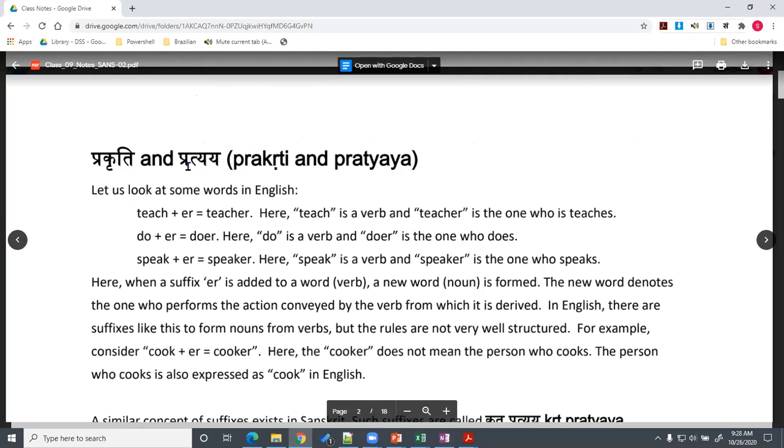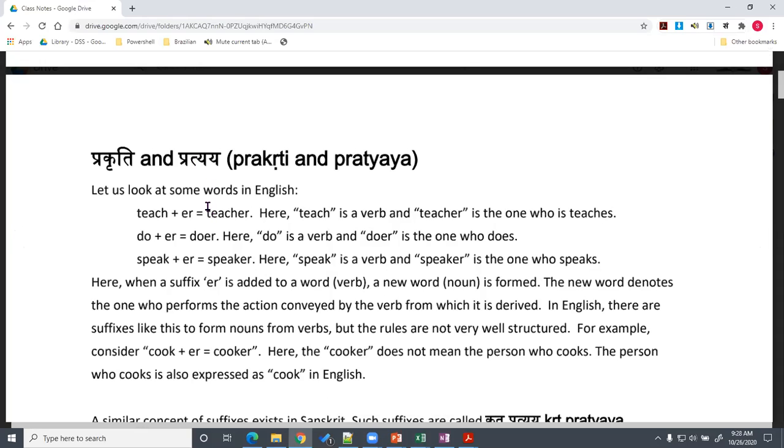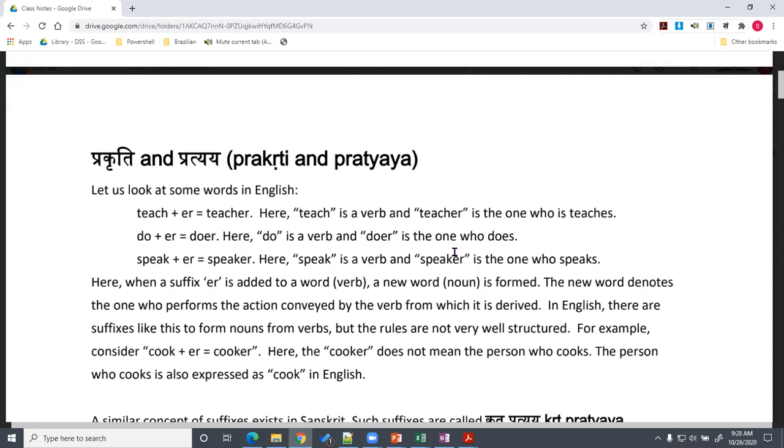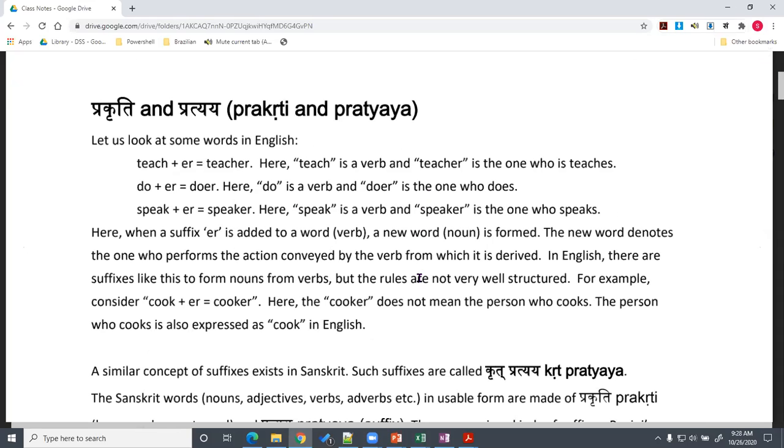Prakriti means the base and Pratyaya means suffix. So that's why Sanskrit has perfect etymology. You could always find what is the base and what is the suffix for any given Sanskrit word